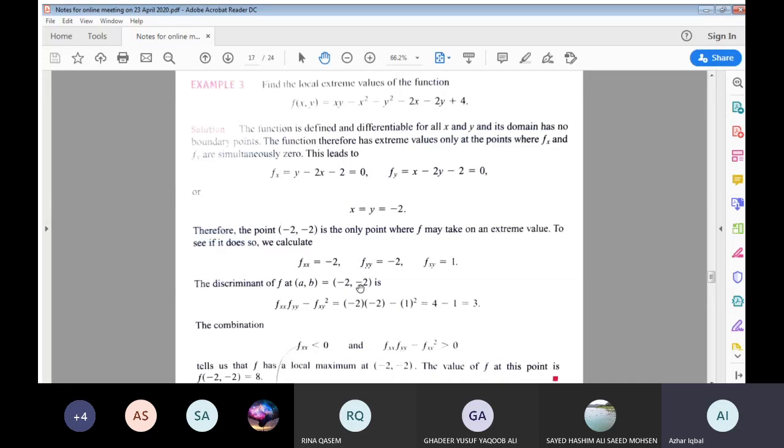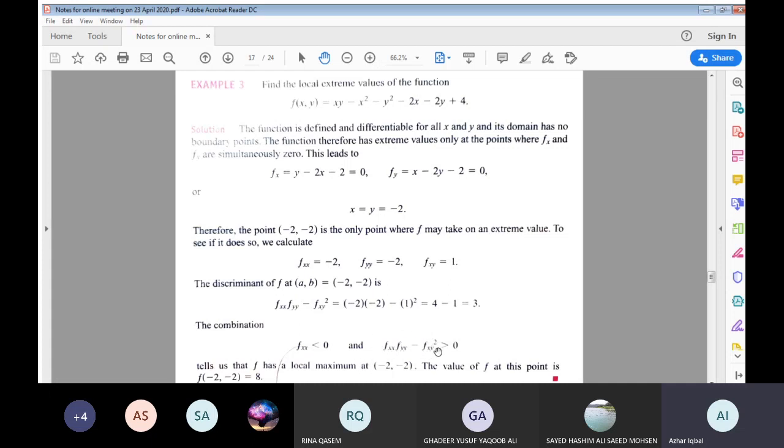The point (a, b) is (-2, -2). So you calculate the discriminant, which is given by f_xx f_yy minus f_xy squared, putting in the values of x and y at this extremal point you are looking at. The value of the discriminant comes out to be 3. Now the combination that f_xx is less than 0, because it is -2, and also